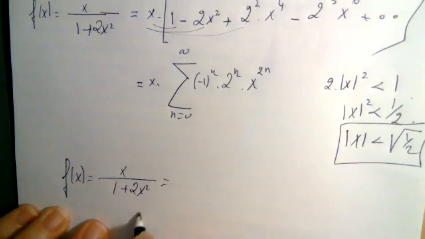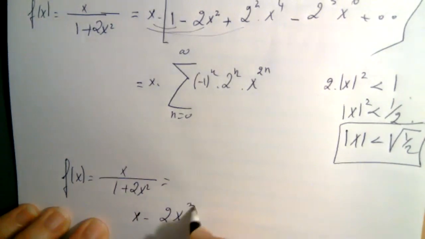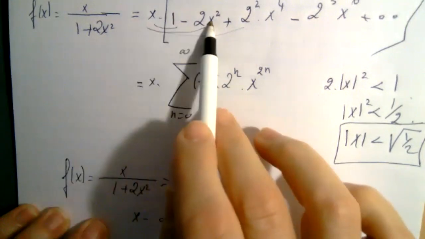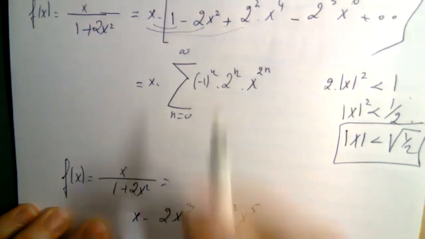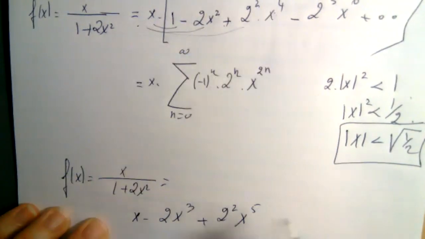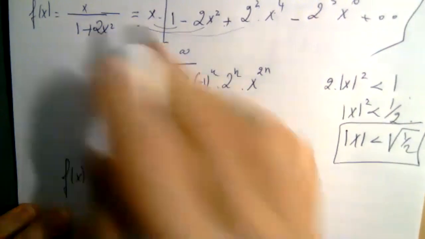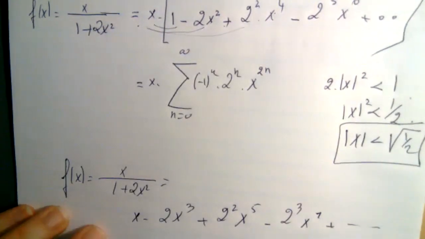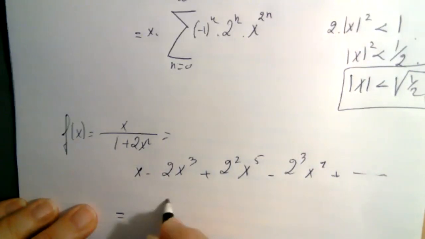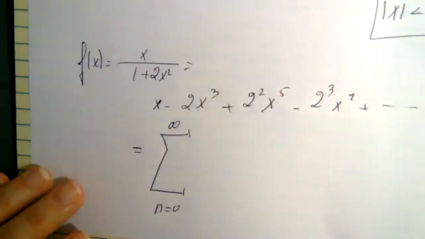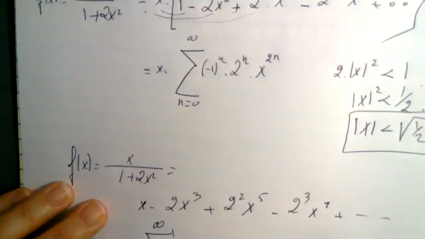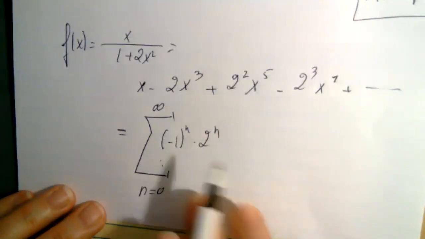So it's going to be equal to x minus 2x cubed, plus 2 squared x5, minus 2 to the power 3, x7, etc. Equal, in sigma notation, n equals 0 to infinity of minus 1 to the n, 2 to the n,